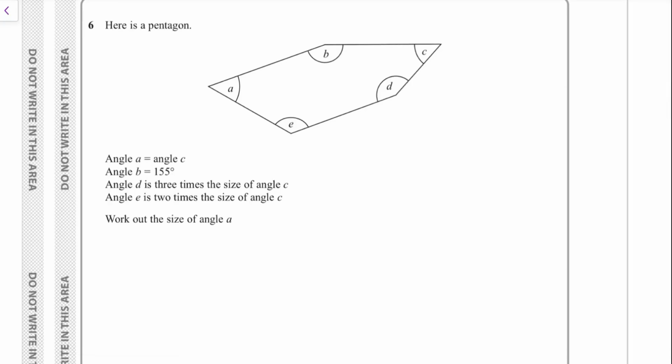ABC. So this is basically a question about understanding the interior angles of a pentagon, isn't it? Work out the size of angle A, and then it gives me lots of angles in terms of angle C. So A is the same as C. B is 155. C is C. D is 3 times C. And E is 2 times C. So my total angles are going to be C plus 2C plus 3C, which is 6C. Oh, sorry, plus the C here. So 7C